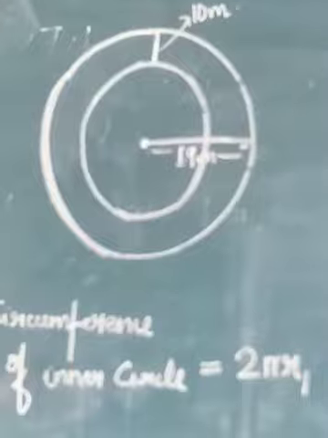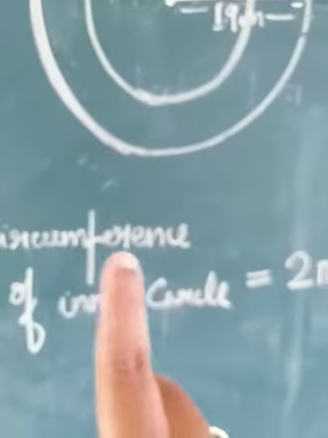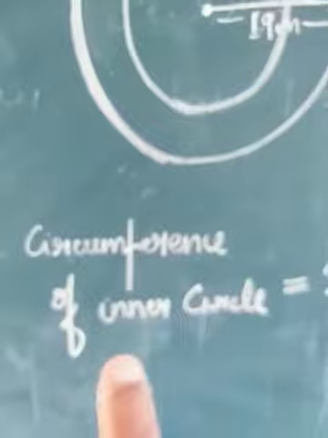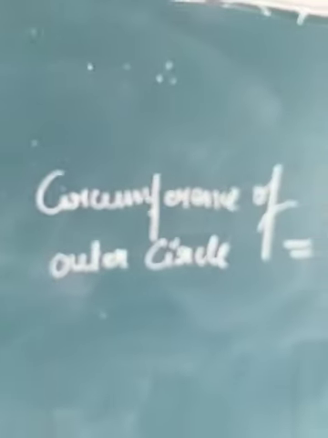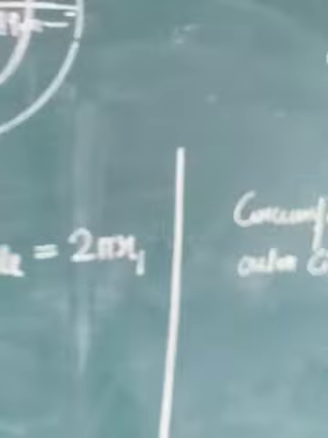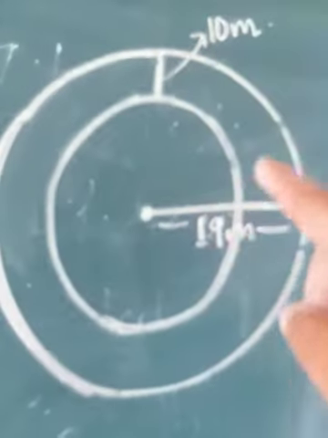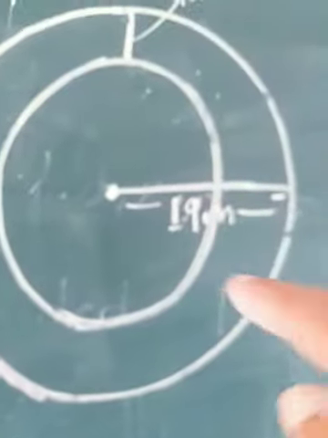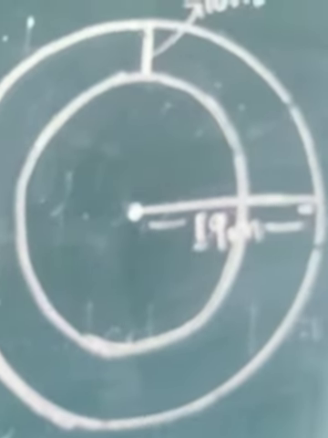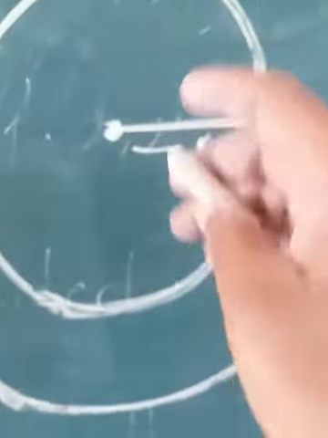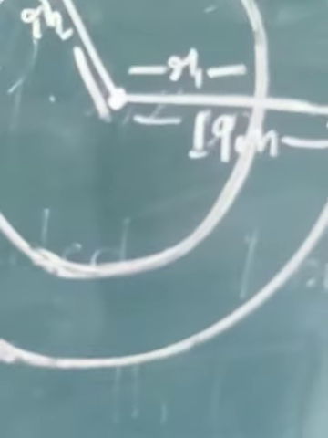Now, what is exactly that you have to find out for this particular sum? There are two questions that you have to solve. That is the circumference of the inner circle, and also you have to find out the circumference of the outer circle. Because, as you see, you have two circles, definitely the radius will not be the same. Fine. So for the inner radius I will consider this as R1, and for the outer radius I will consider this as R2, so that you can understand.